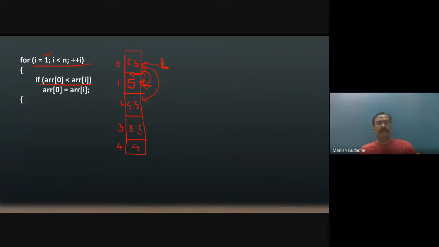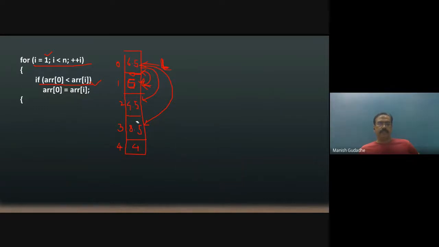Again, I find that A of 2 is also not the larger number. Then A of 0, 6.5, remains the largest one. Now I compare this element with the third one. In this condition becomes true, where A of 0 is smaller than A of 2. In that case, what we are doing is